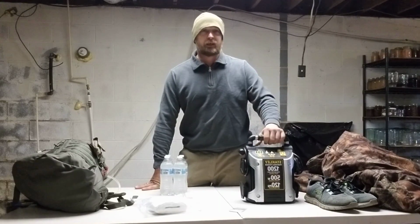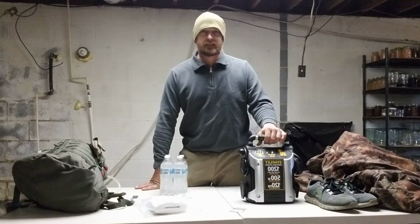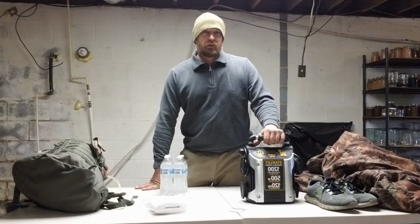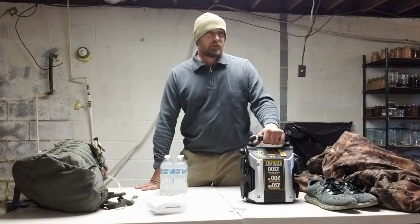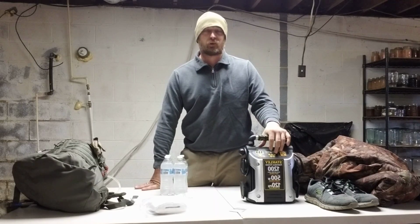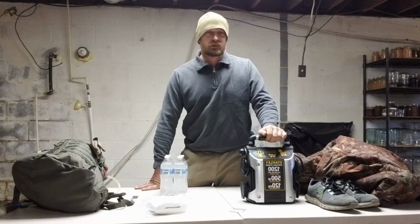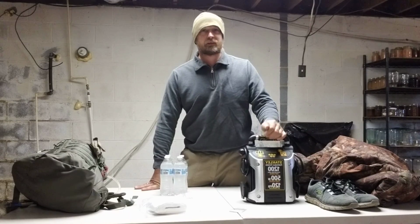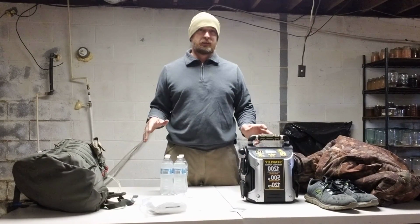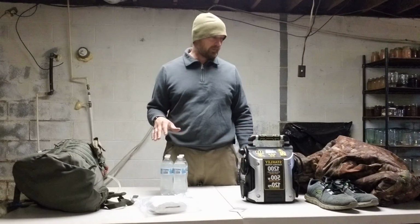Granted, letting the vehicle idle doesn't use near as much gas as romping down on the accelerator. But what would you do if you only had like a quarter tank of gas? My guess is you need to conserve it as much as possible, and that's where some extreme warm weather clothing is going to come in the handiest. You're going to have to start the vehicle, warm it up, and turn it off until the cabin of your vehicle starts to cool down again. So just some things you need to think about beforehand. So that's what this video is about. Be prepared for